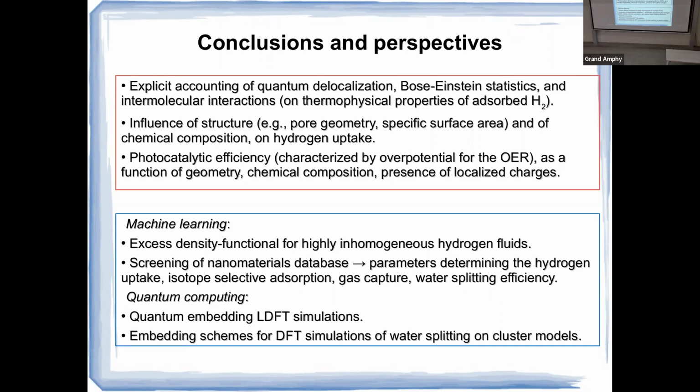The dream, for this second point, would be that if we have certain parameters, like I presented before, pore size, pore geometry, specific surface area, and we get as a result of screening a very large material database predictions of the hydrogen storage capacity of these materials. Is it possible to create, for example, an algorithm that can learn how to design beforehand the better material? So, to establish this relationship between the key parameters and the efficiency of the hydrogen storage problem. That was something that could be nice, I think.